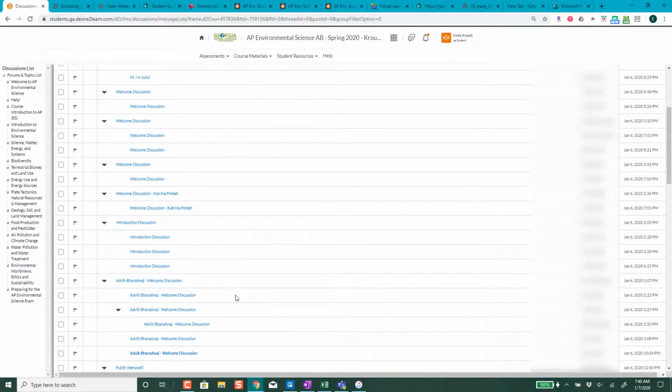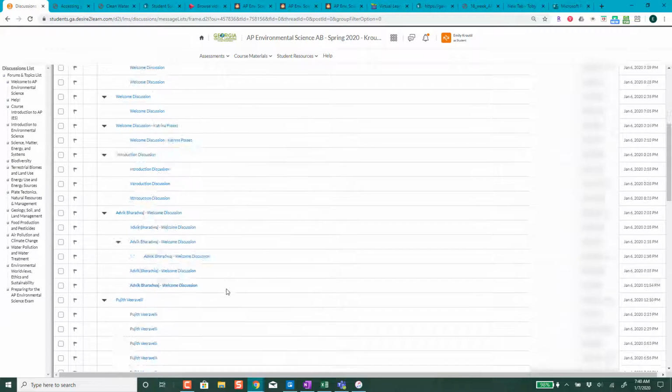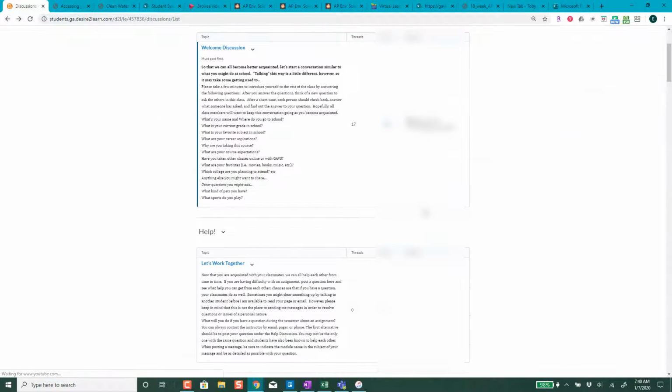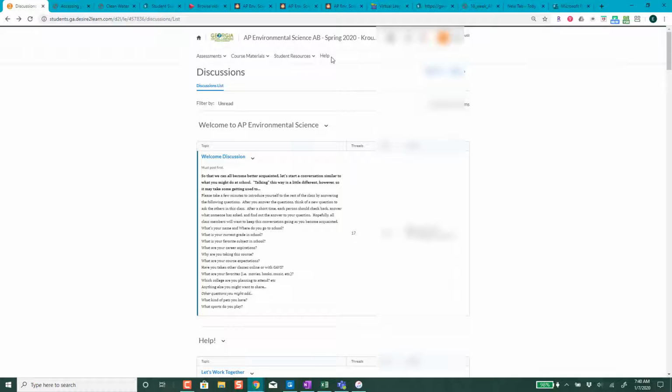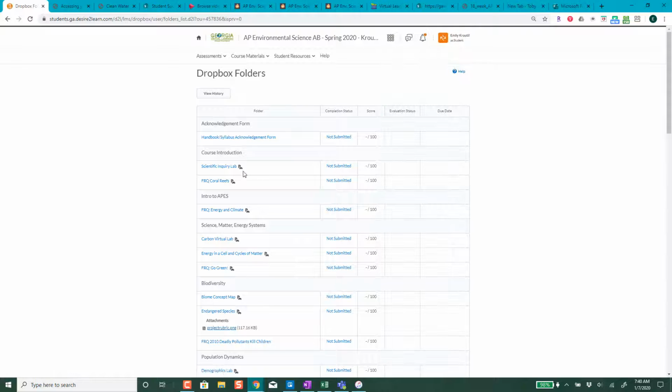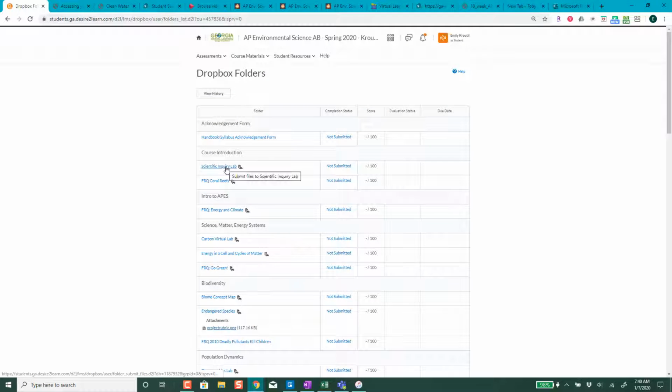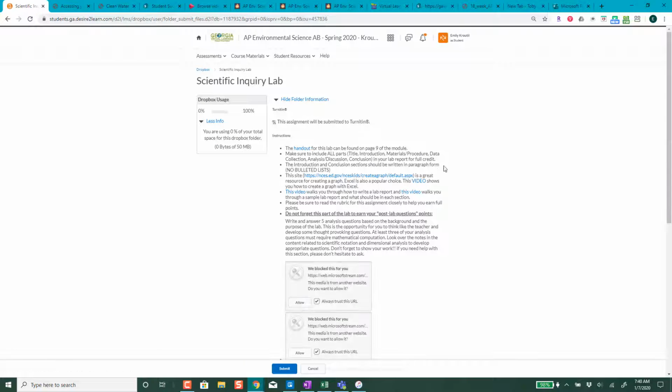You can see all of the posts that people have made in the welcome discussion. So there's a bunch of those. Next, you can go to the Dropbox, and this is where you'll find your assignments, and you can go ahead and hand them in. So let's go to this first one, the Scientific Inquiry Lab, and let's see what's going on in that folder. Okay,